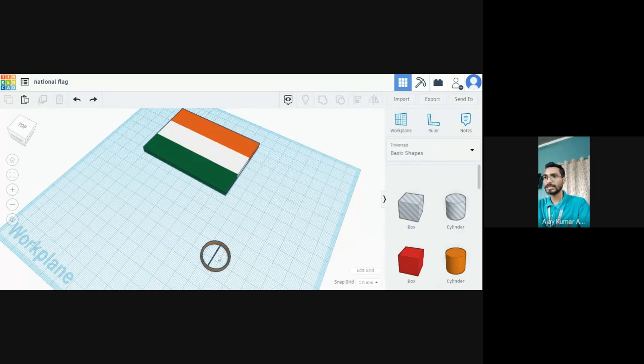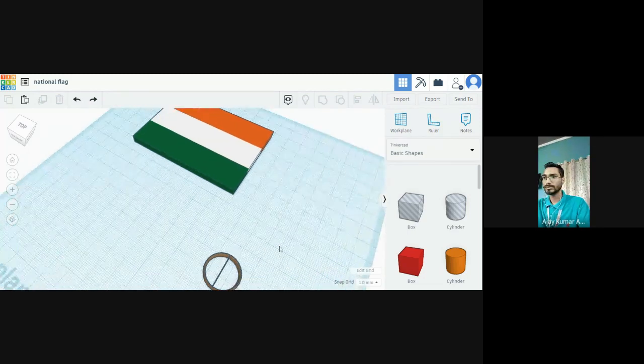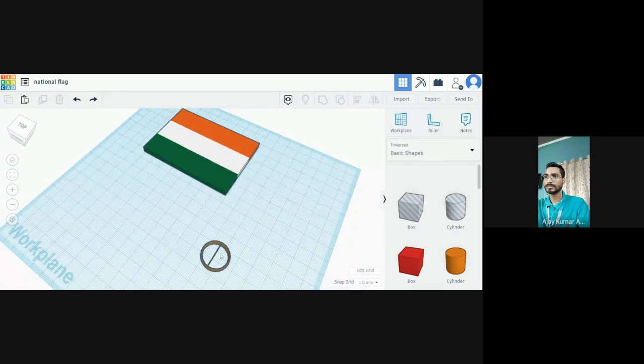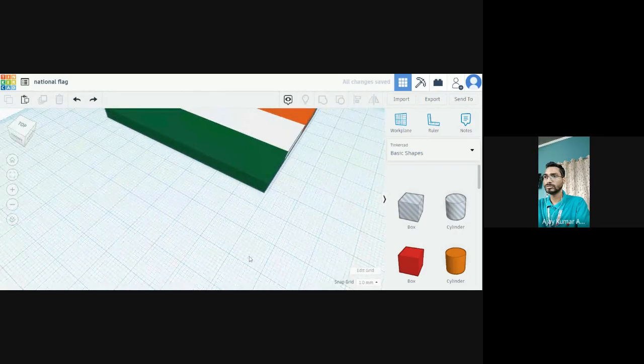It is taking time to select. Okay, we can just redo and undo one step, and simply you can zoom it.